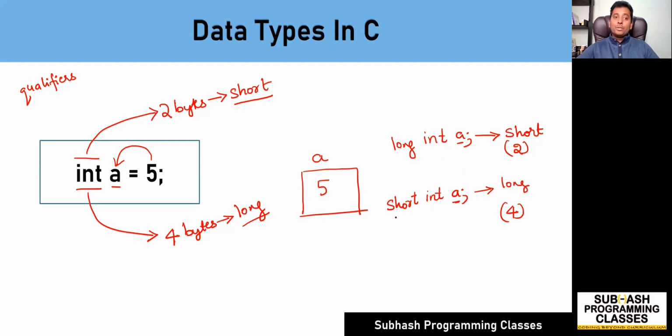So how much memory will be allocated for a variable associated with int data type depends on two important qualifiers, that is short and long. A few compilers treat integers as short integers by default, and a few compilers consider integers as long integers by default. So the int data type will inform the compiler to allocate either 2 bytes or 4 bytes of memory for the variable associated with it. I hope you understood the int data type, right?